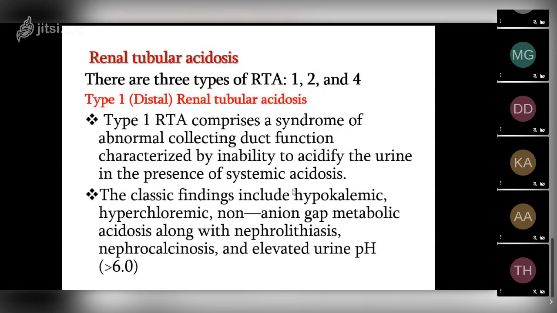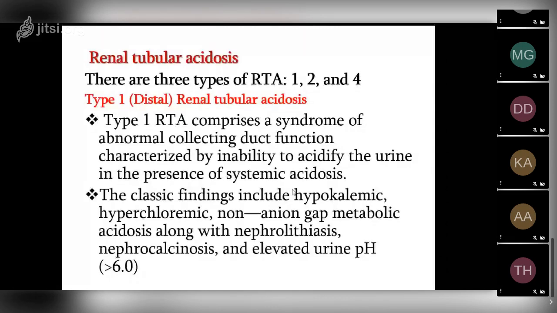The other is renal tubular acidosis. This is the clinical syndrome where there is impaired secretion of hydrogen ion and decreased reabsorption of bicarbonate. There are three types of renal tubular acidosis: type 1, type 2, and type 4. Type 1 is called distal renal tubular acidosis, and type 1 renal tubular acidosis comprises a syndrome of